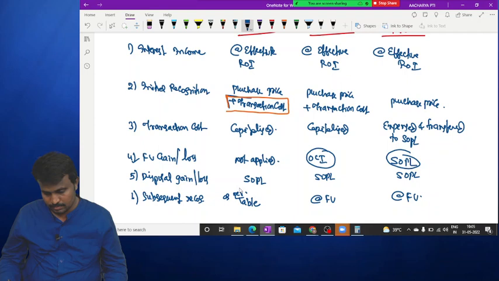So here we have to consider opening balance and interest income. Here opening balance,